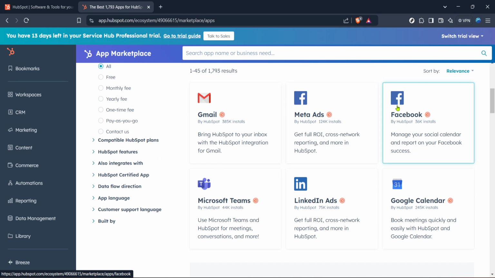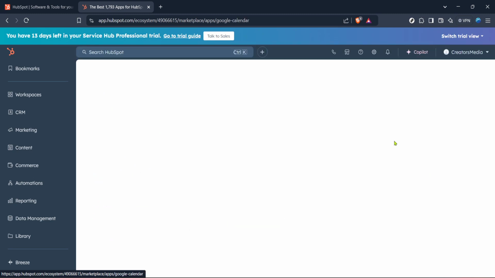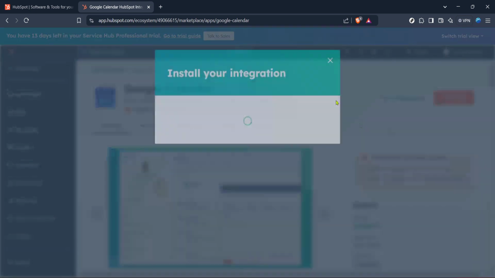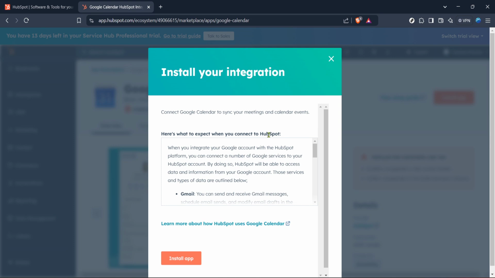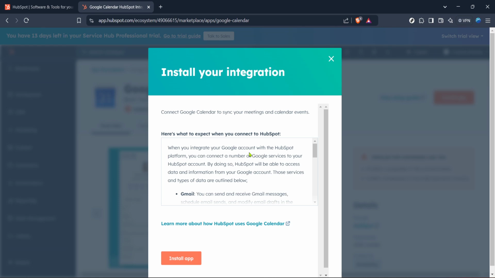From the list of available apps, find Google Calendar. If Google Calendar is already integral to your daily operations, this is going to be the app you need to connect. HubSpot has made it beautifully simple to sync your calendar events with their CRM functionality. By doing this, you ensure that all your meetings and appointments are easily accessible through HubSpot, giving you more control over customer interactions. Once you've located Google Calendar in the app list, go ahead and click on it.